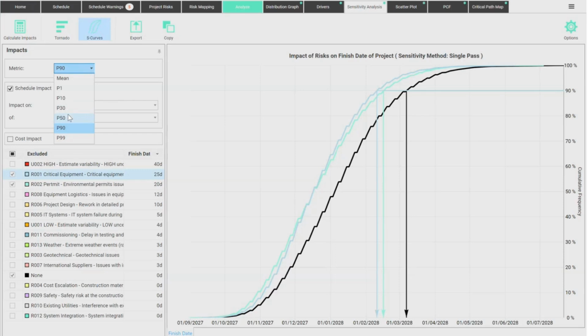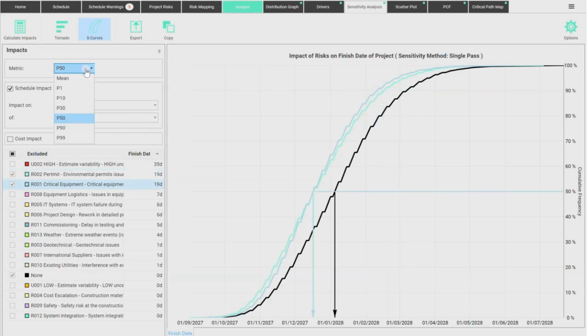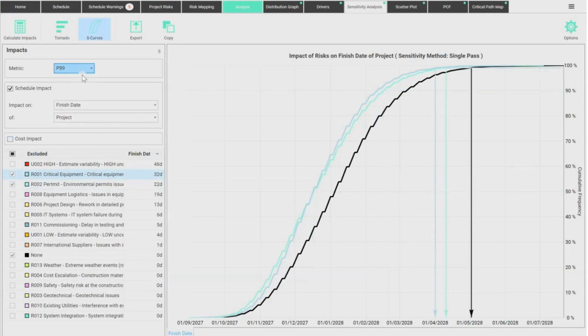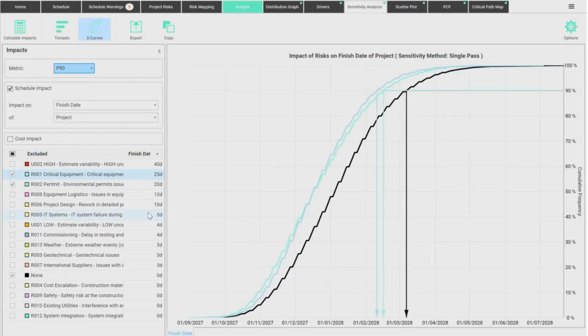If you were looking at P50, the situation is different. If you're looking at P99, the situation might be different, okay? So depending on what your KPI is, on what your objective is, some risks will be better than others to mitigate. And this is a very simple, straightforward, easy to understand point of view. If you mitigate this risk, this is the benefit you get.